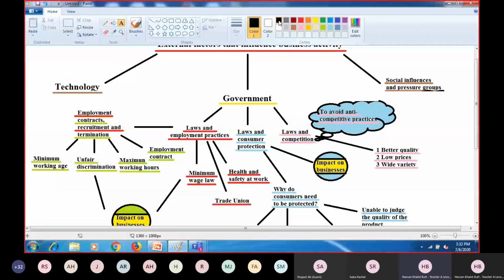Even if you know that the employee is involved in some kind of corruption, or maybe some kind of crime or something else, or theft, still a hearing is done. That is why termination is also legally protected. So again, it's there. Now it means that the company has to work in a certain way. There are boundaries there. You cannot simply hire a person, and the person can start working in your organization. So there is a long process. If the process is long, it will be time taking.